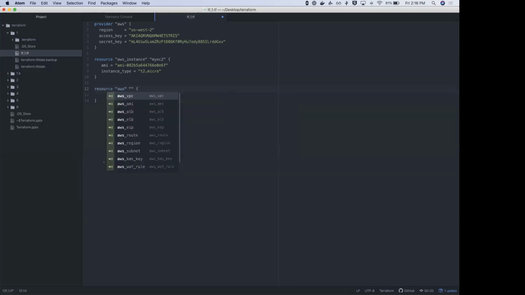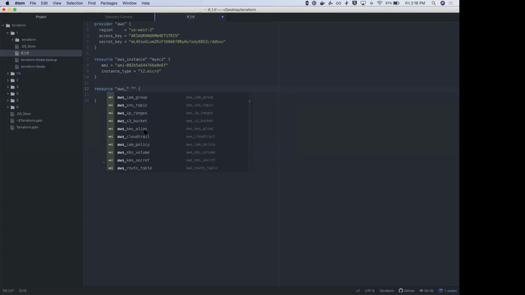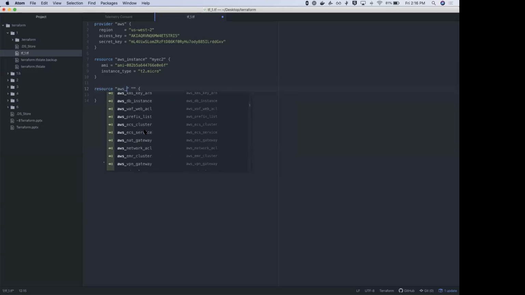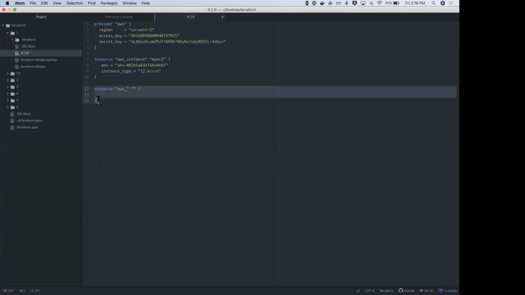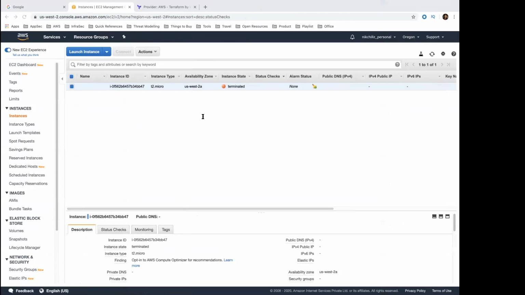So let's say I type aws underscore, you'll get to see these are different resources that are currently available. You can create a new S3 bucket or a KMS alias or a CloudTrail IAM policy and all of that. So all these come as part of the resource, the things that are usually provided by the AWS provider. Okay, so this is one thing, and let's go further.